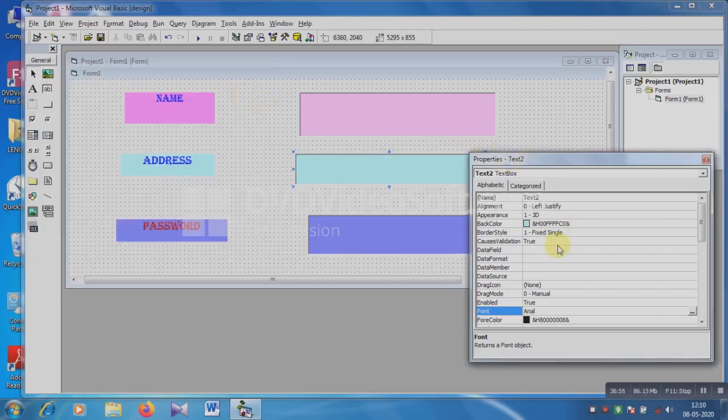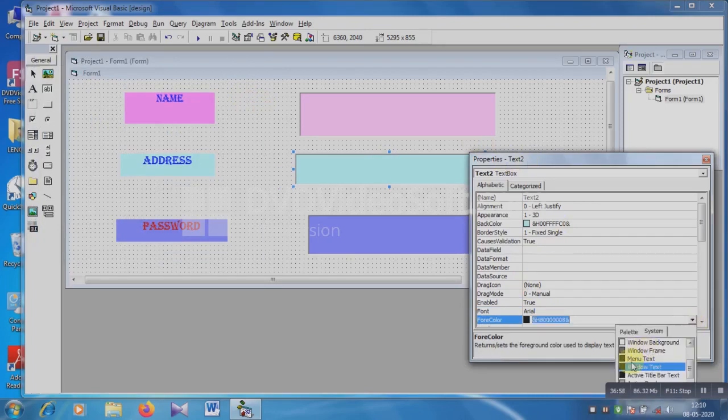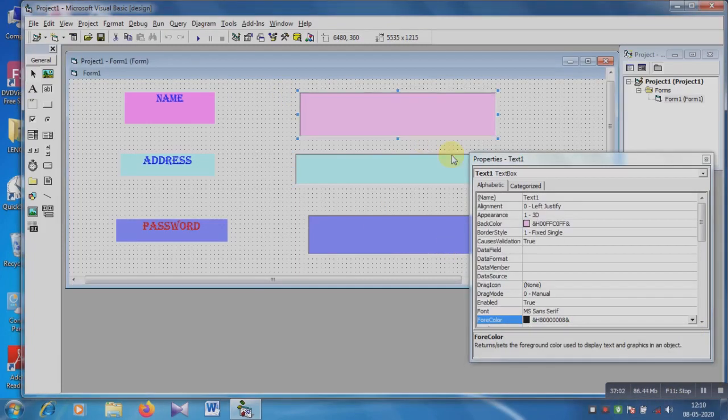Okay, and font color also, font color at same as font color suppose blue, and then here font size, this is the text one.